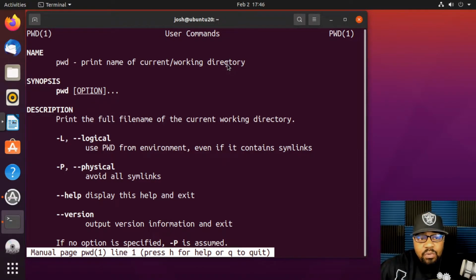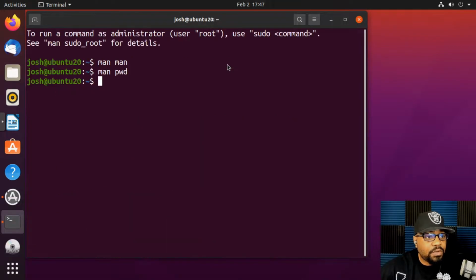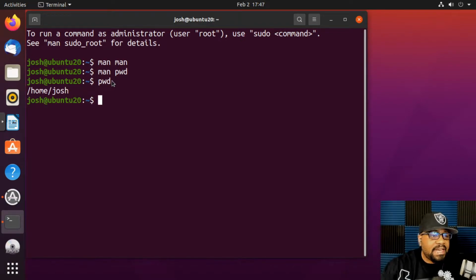And this is an important command because when you're navigating through files and folders on the Linux operating system, you can easily lose track of the location that you're at. And this command is important because it'll allow you to just simply write this command and it'll show you the location that you're at. Now let's press Q for quit, and let's go down and run this command now. And let's type pwd, and this is actually running the command, and we can press enter, and that'll show you